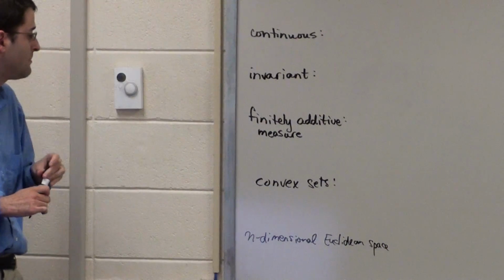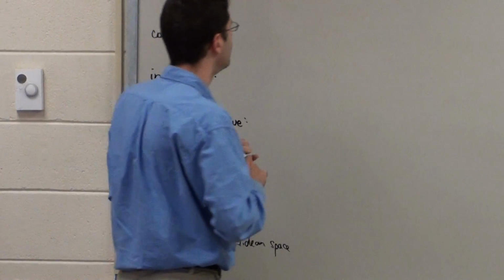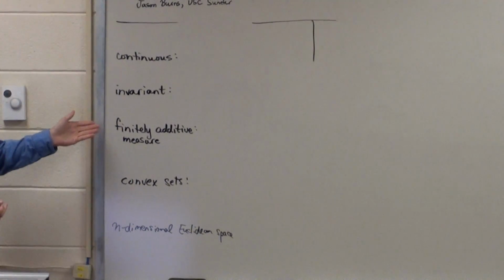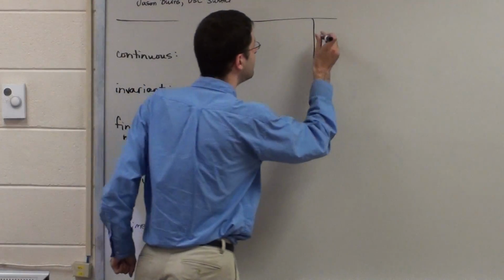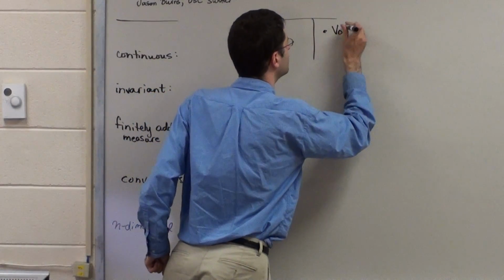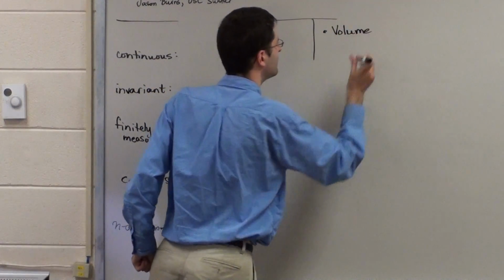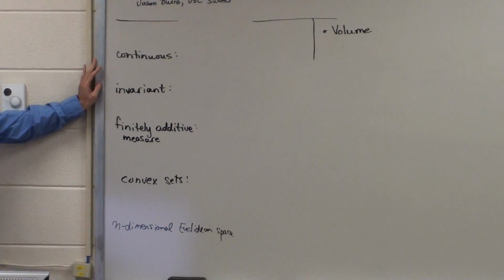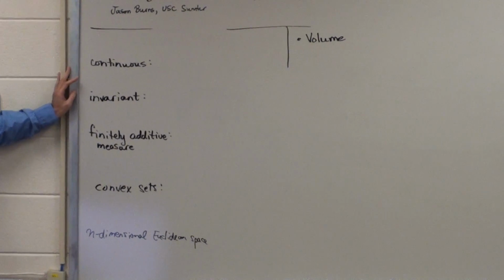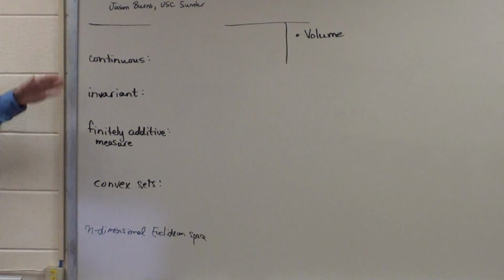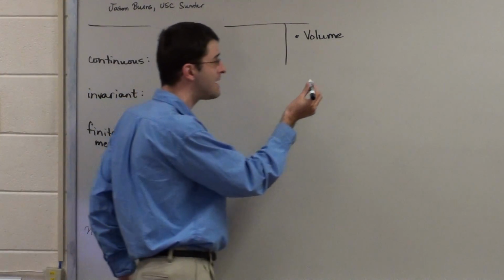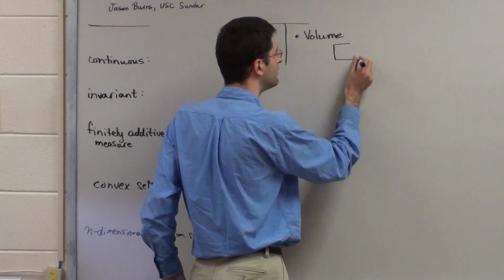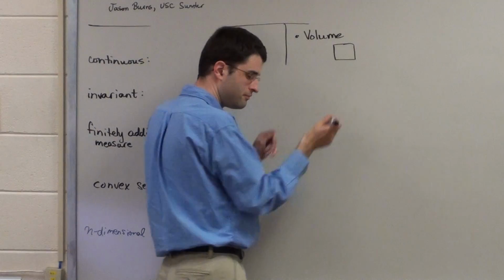So let's do some examples here just to fill you in. For instance, we've got volume. So let's look at the properties of volume. If you have two things,